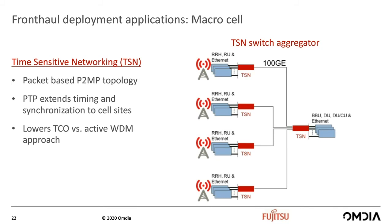The TSN MUX uses precision time protocol, as mentioned by Danny at Anritsu, enabling the hub location to operate as a boundary clock, transporting in-band timing and synchronization to remote cell sites. Having this remote timing capability eliminates having to have GPS receivers at all the cell sites. And using a TSN switch aggregator lowers the total cost of ownership as compared to an active WDM through lower cost, smaller footprint, and